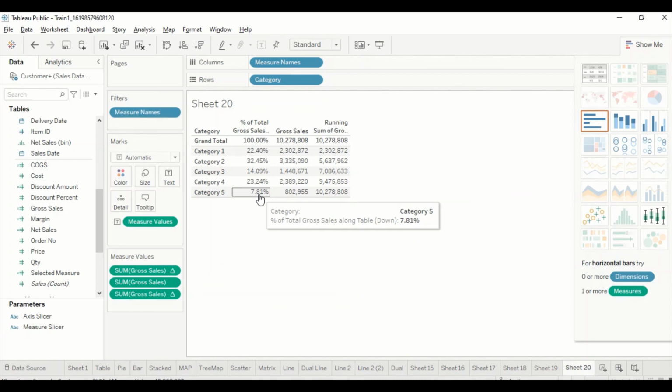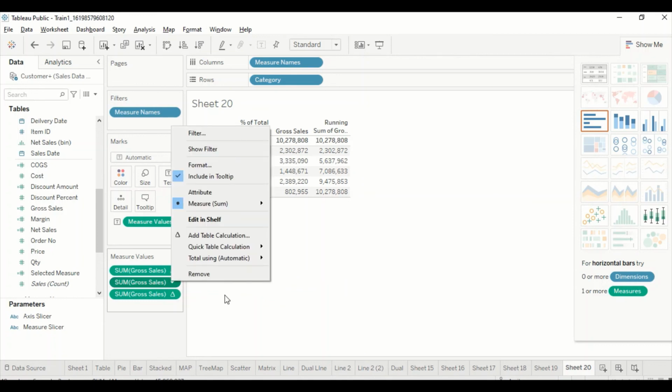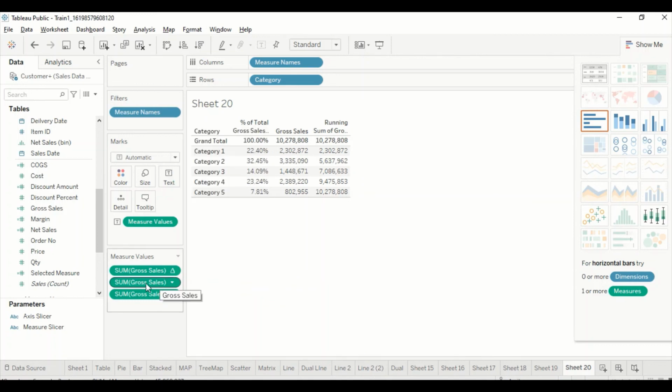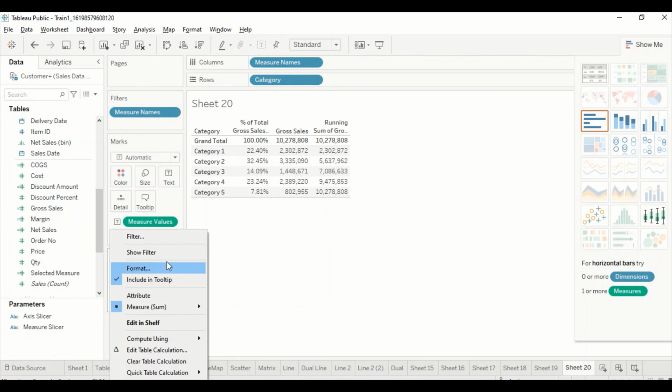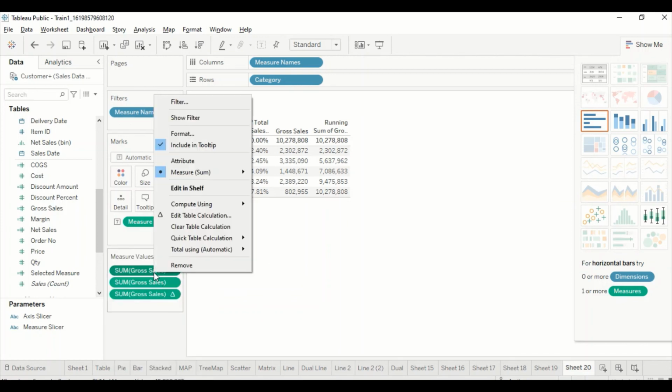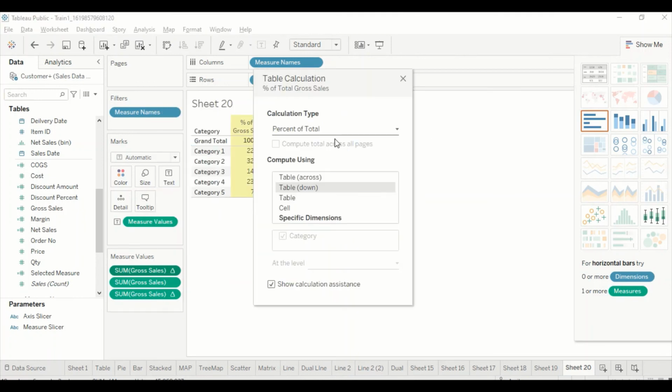Now there are quite a few calculations, and we can also go ahead and write our own formulas to get these totals. Okay, it is not that we cannot write it. So we can also write it, and you can see that there is a sign difference. So you see this is the gross sales measure, and when we have this calculation, this triangular sign is appearing here. Okay, so if you go to the triangular sign, you can see edit table calculations, so you can see how the table calculation has been done up and down across. All these things matter here, how we do the calculation,